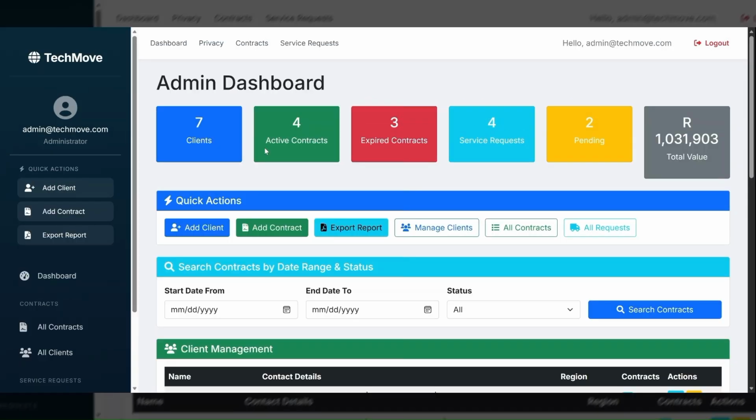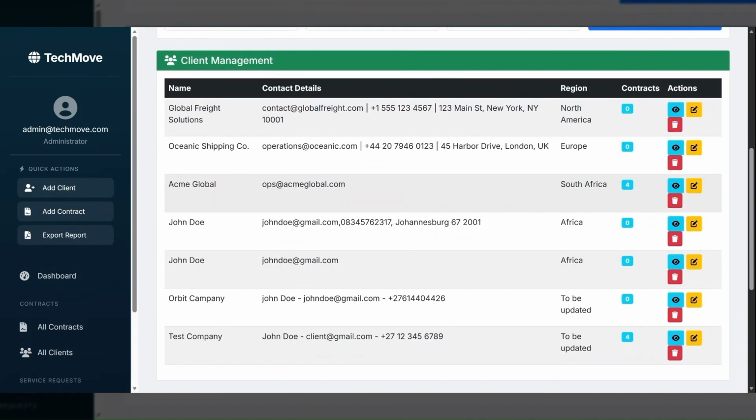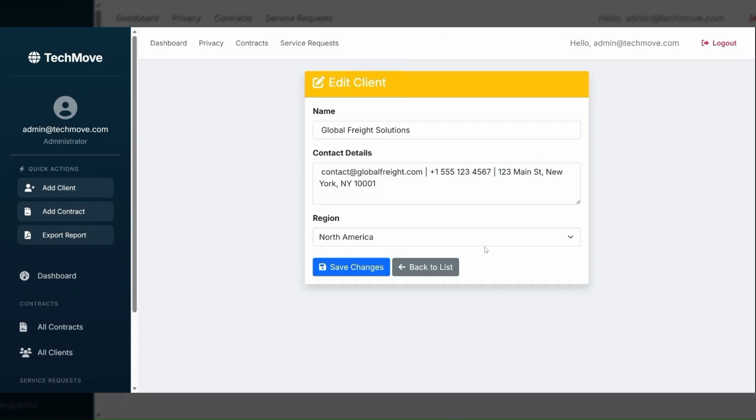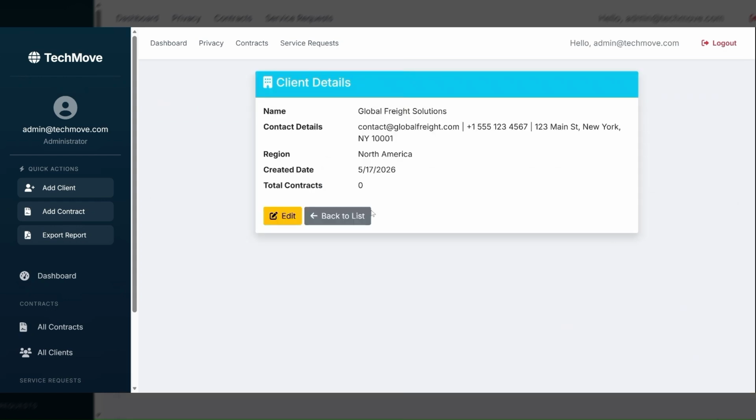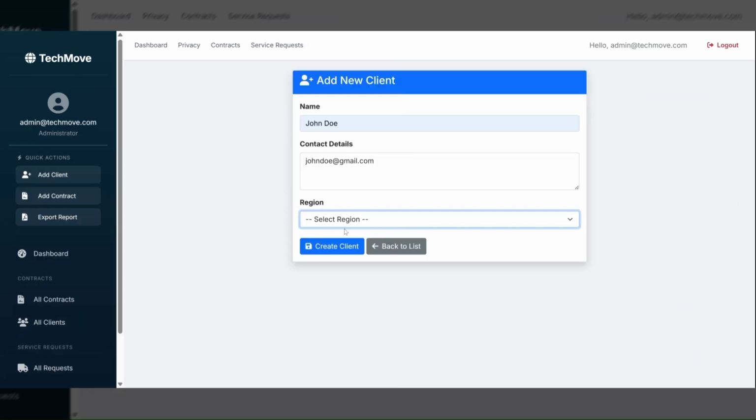On the left side, there are action buttons that allow the admin to add new clients or new contracts. The admin can also manage all existing clients from the client management table. When adding a new client, the admin simply fills in the client name, contact details, and the region and clicks